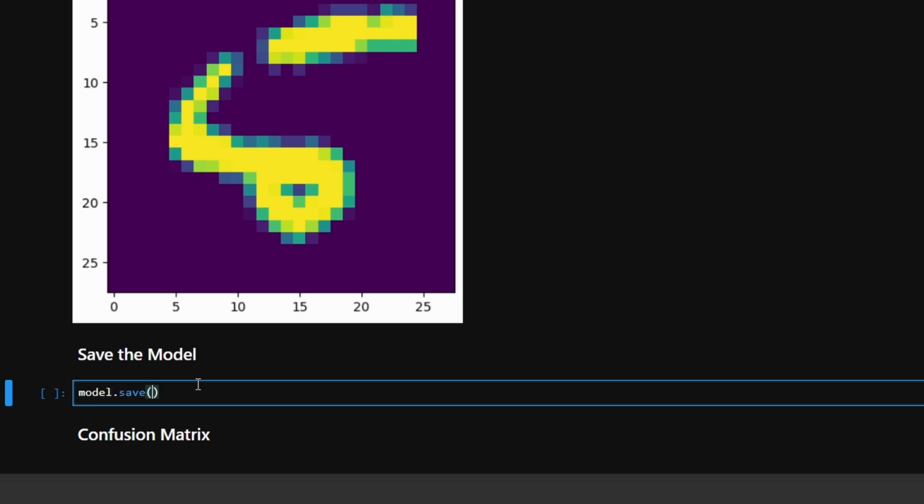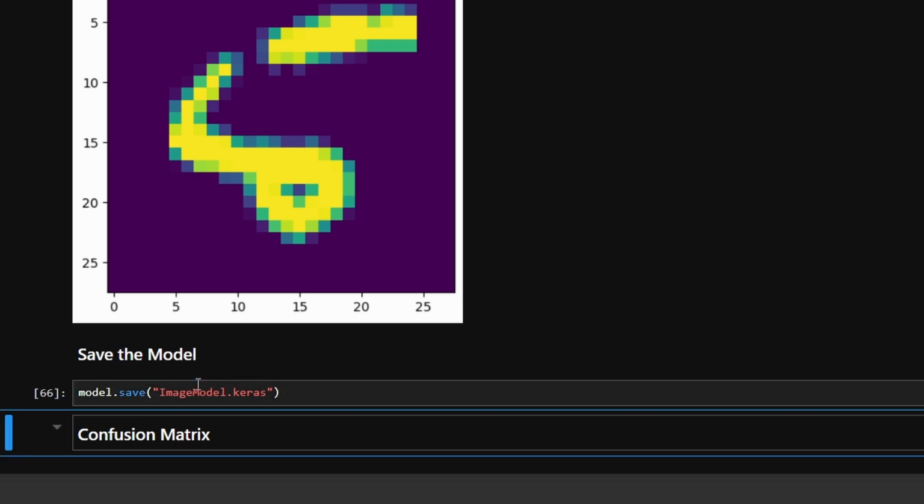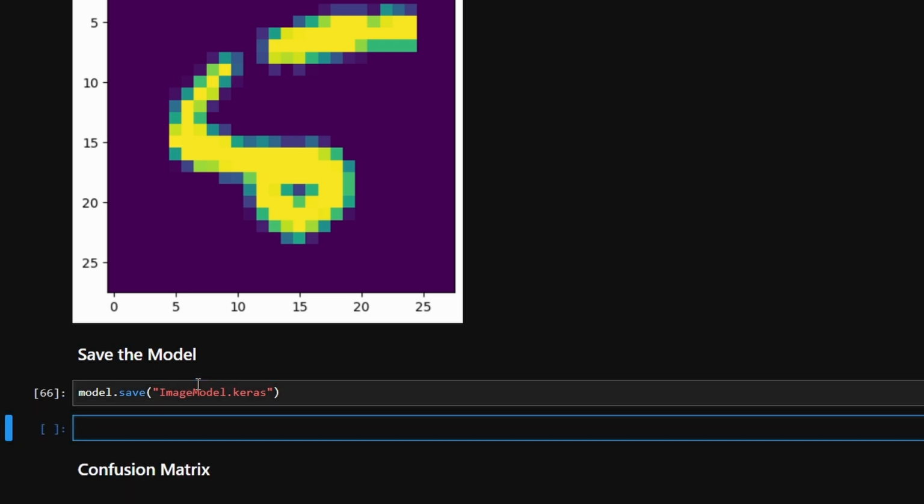To do that, model.save, let me save it as image model.keras and just run it. Okay, now it's done. Then let us load back the model which we just saved and ensure that it's working fine. So I'm going to put it in a variable called image model is equal to